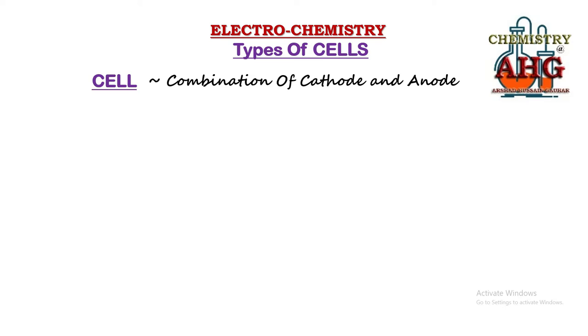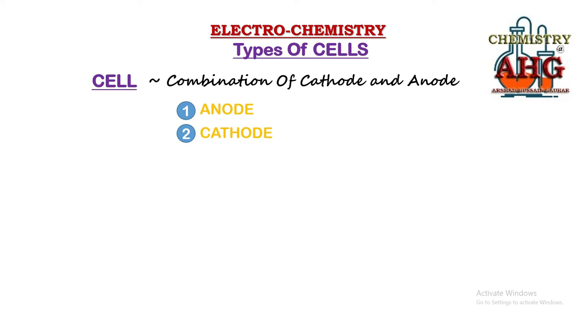Right now we will focus on the cell only, and if you look at the definition that we have studied, it is the combination of cathode and anode. Next thing, you must know what is the difference between cathode and anode. Mostly people do not know the exact difference between cathode and anode. But you must always remember, whenever you are asked how you can differentiate between anode and cathode, always differentiate them with respect to process, not with respect to the charge. It is incorrect in chemistry if you ever give a difference between anode and cathode with respect to charge.